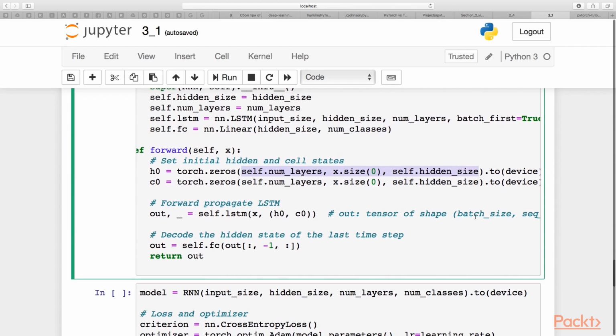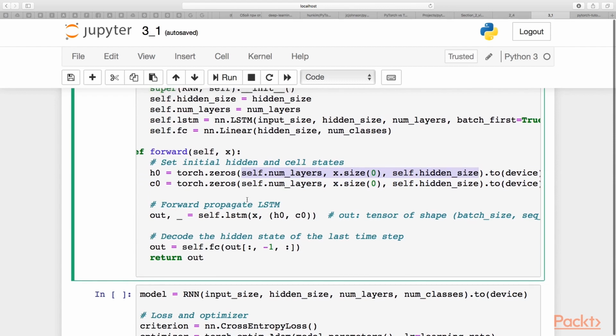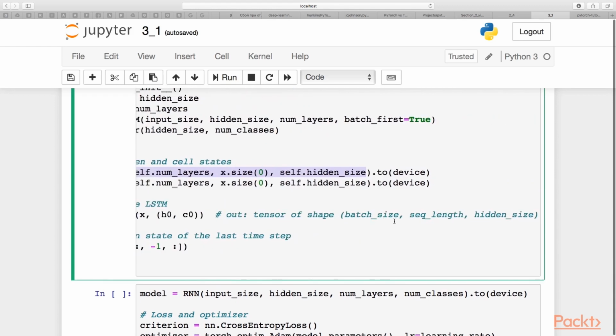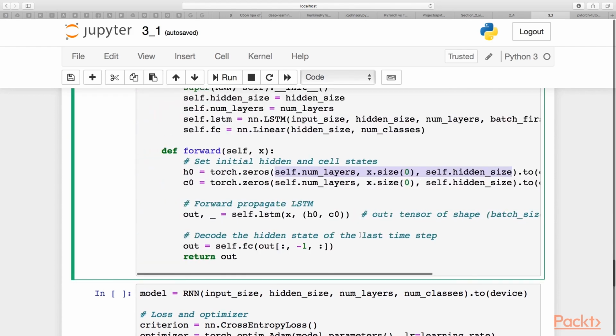Okay, and the output of our forward propagation for LSTM will be a tensor of shape batch size, sequence length, and hidden size. And then we just decode the hidden state of the last time step by using the fully connected layer after the previous LSTM layer and returning the results.